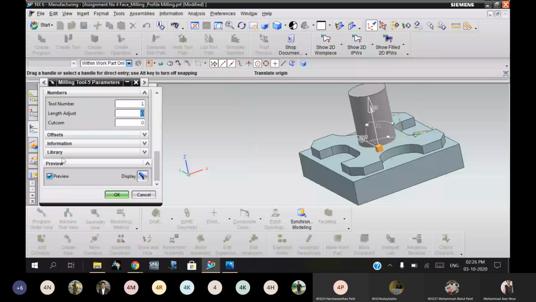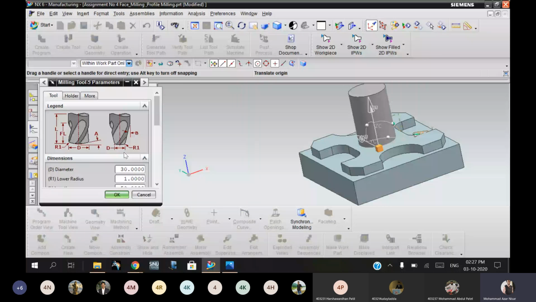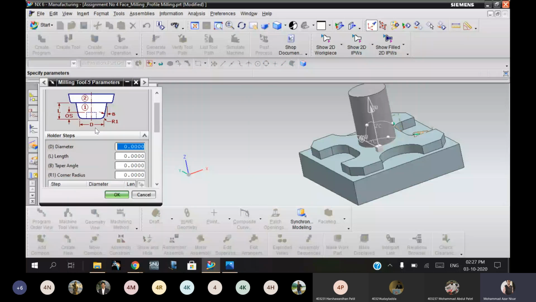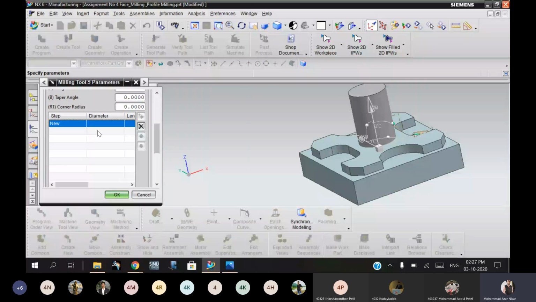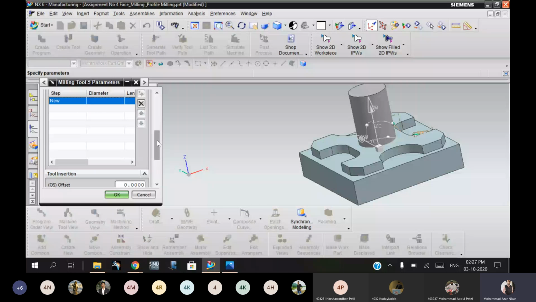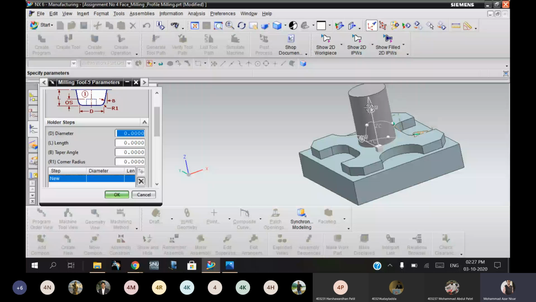Next, the holder. You can select the holder diameter and so on, so you can use it. I'm not using this, but you can use it as per the diameter. You have to give this. I have a diameter of 30, so it should be more than that. It should be 50, and the length should be in that way. So by using 40, suppose